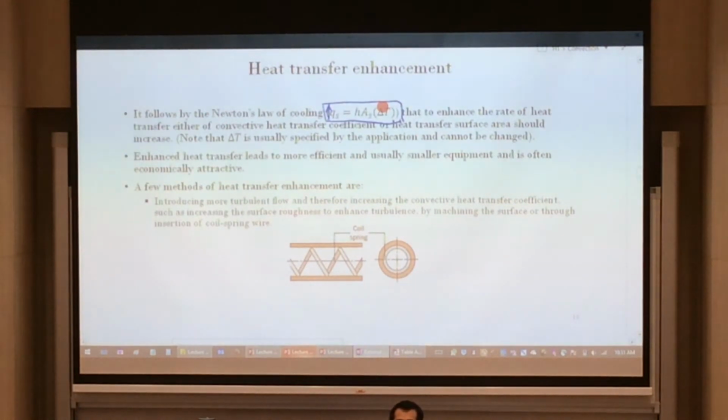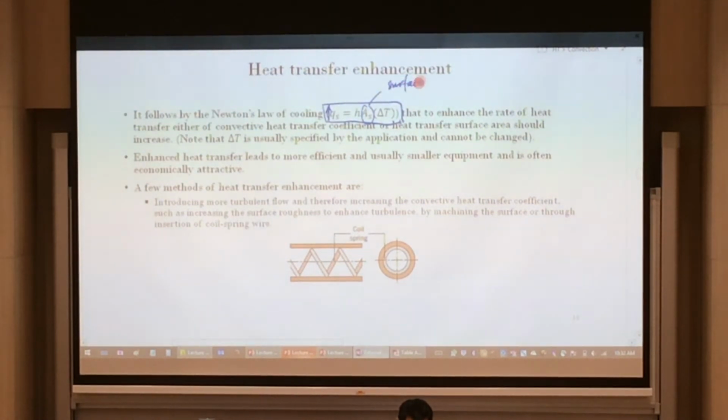Delta T will be the temperature of where the flow is in the pipe compared to what is in the ambient. This is your delta T. If there's a temperature difference, then heat can transfer out. Normally, your flow would have the heat that you want to remove, get transferred out, and the ambient temperature is fixed. So delta T tends to be a fixed value that you can't change much because the ambient condition is fixed. So what we can do is to look at how can we change H and how can we change As. As is the surface area of the pipe